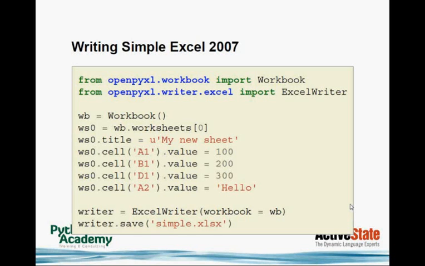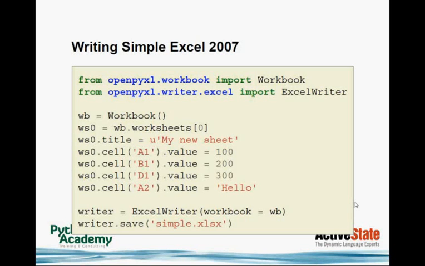So it looks very similar. It's a little bit different, but not so much. So we make an instance of our workbook. Then we get a reference to our first worksheet. We have index 0 again. Now instead of giving a name, we give it a title. And now we address our cells with integers instead. We address it with this address.